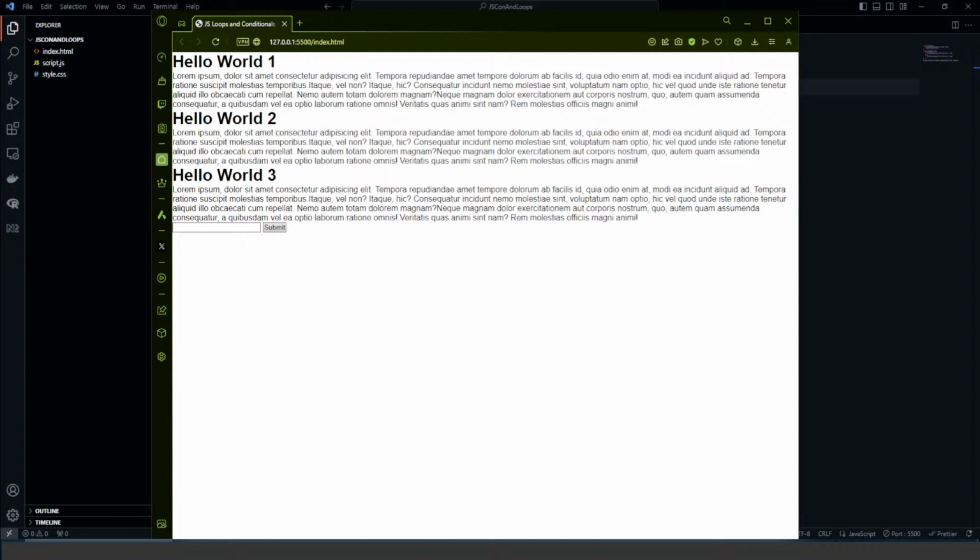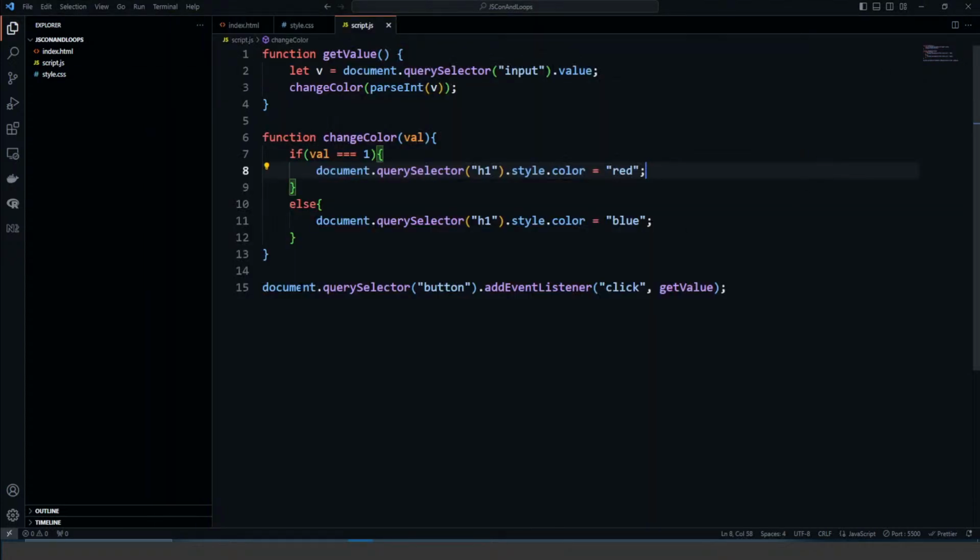Yeah, so the other thing I want to talk about here is truthy and falsy, which is a bit of an interesting concept in JavaScript. So when I'm dealing with JavaScript, truthy and falsy, basically anything in JavaScript can be a true or a false value, which is kind of interesting, right? So if I wrote something like,